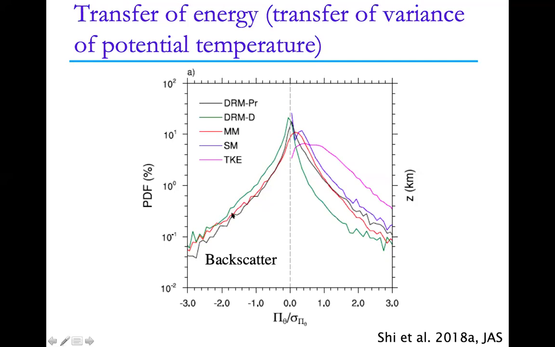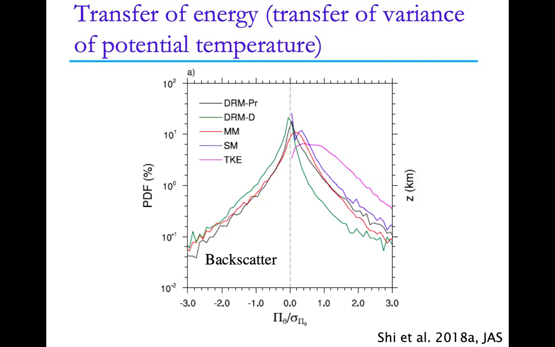All of those do allow backscatter, and we've compared with observations in previous studies, but this is one of the features that's kind of unique to the DRM in that it allows backscatter from small scales to large scales and may help introduce small scale variability that helps with the second order statistics and the structure of the resolved features that we see in the flow.